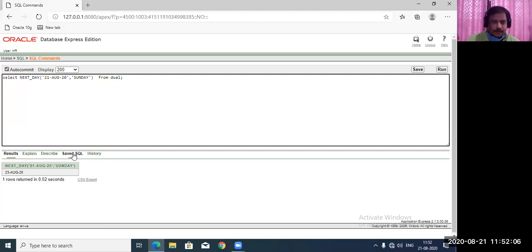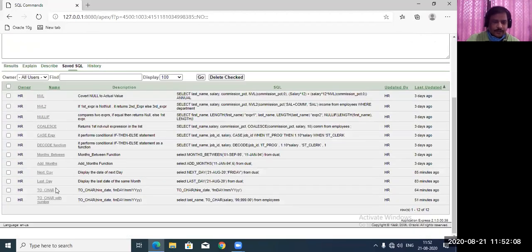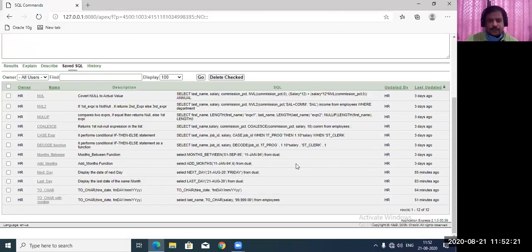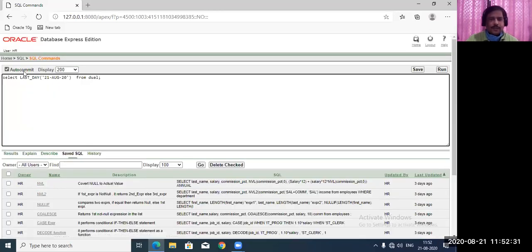Now we'll have the last one for this. The last one is last day. I think this is simple and you can understand easily. If you have doubts, please put some questions in the chat box so that we can discuss in the last few minutes, right? So now the last one is last day. In last day, it takes only one date value in this function, and you can see what it returns.